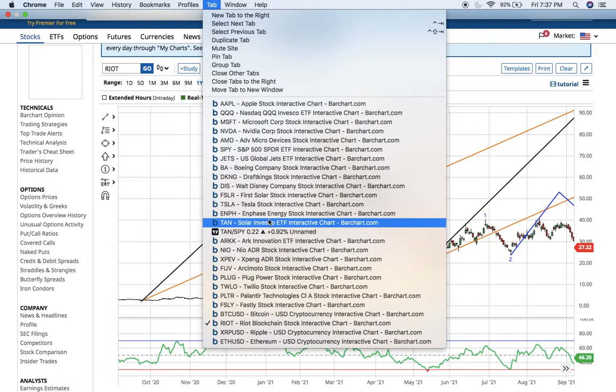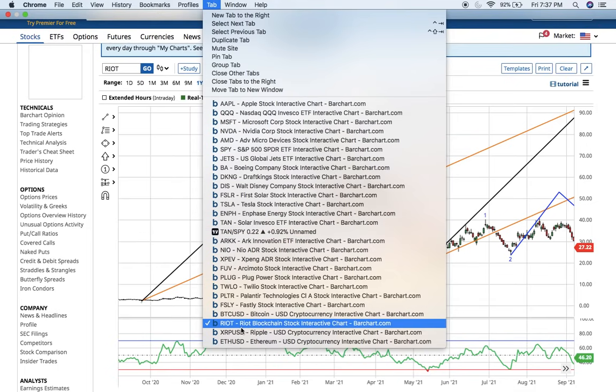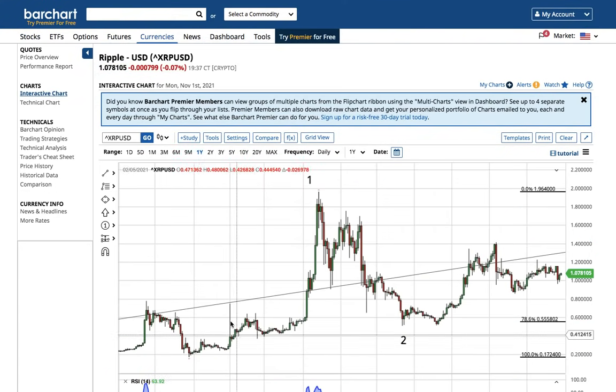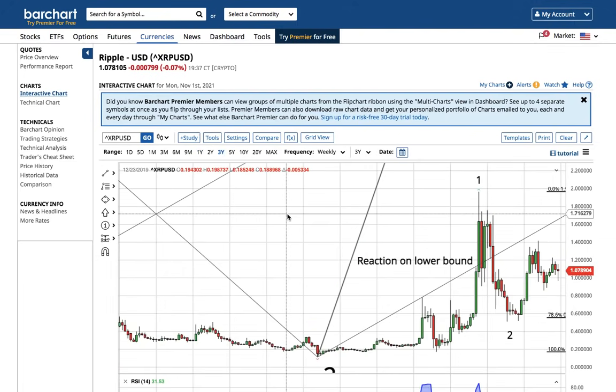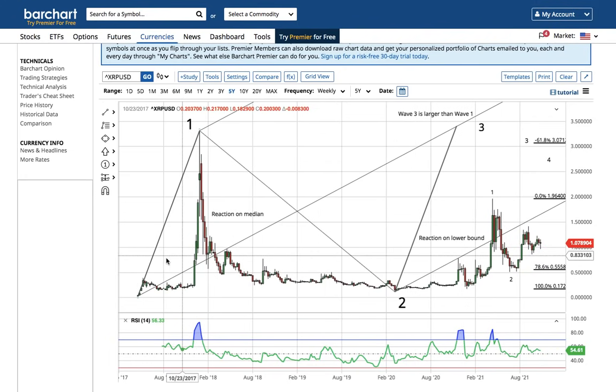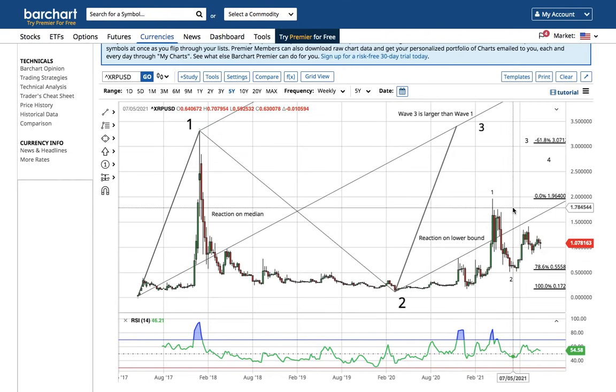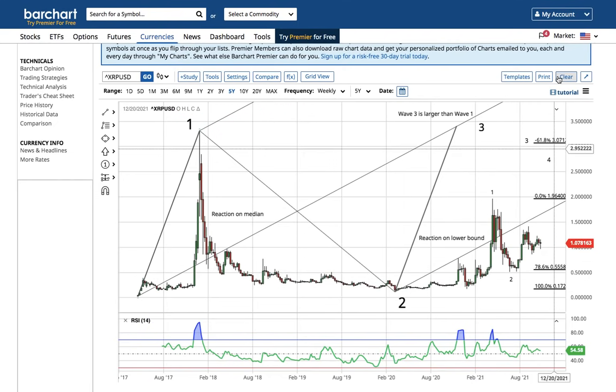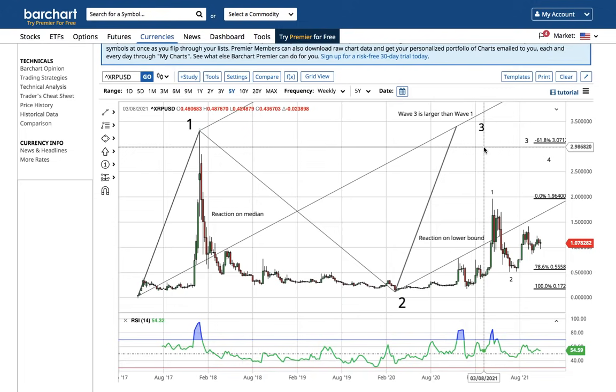So remember, that sounds as crazy as Marathon Patent Group going to 75 did a couple of months ago. But I really think that's going to be the exact same result for Riot Blockchain. It's going to 98. Ripple, wave 1, ABC wave 2, the beginning of wave 1 connected with the high of wave 1 and the low of wave 2 makes a gorgeous Andrews pitchfork. Very pretty reaction on the median, very pretty reactions on the lower bound. I think we're going to the median ultimately for this large degree wave 3 target.